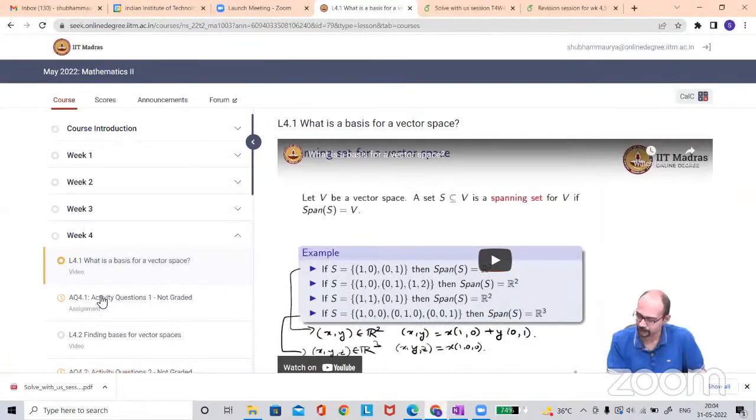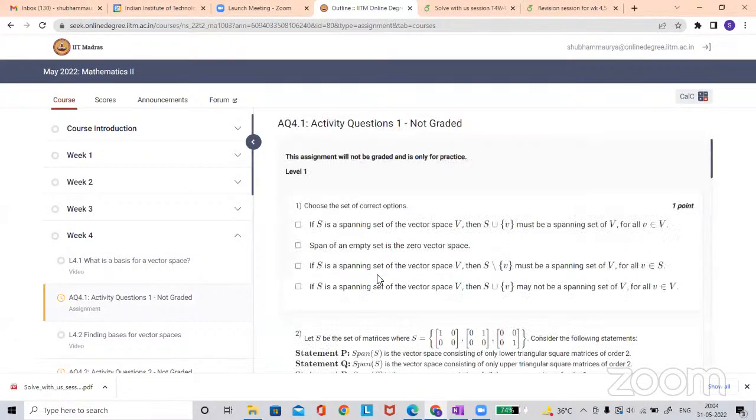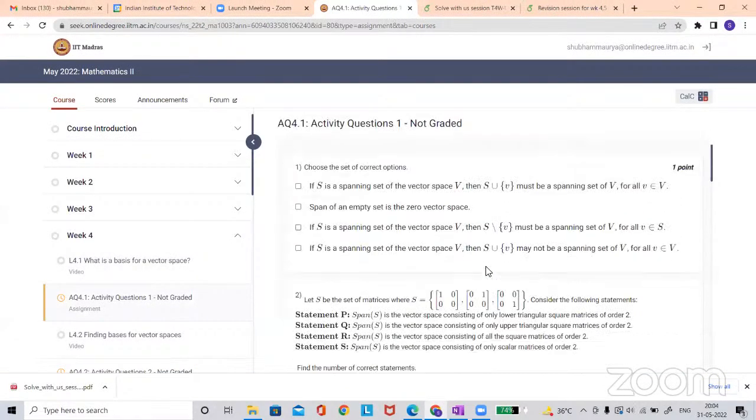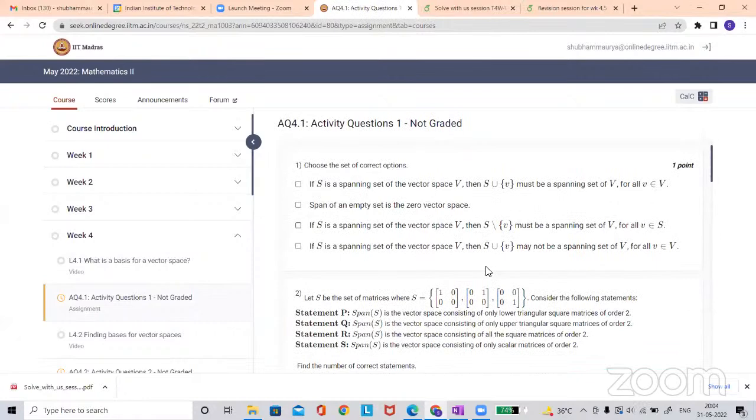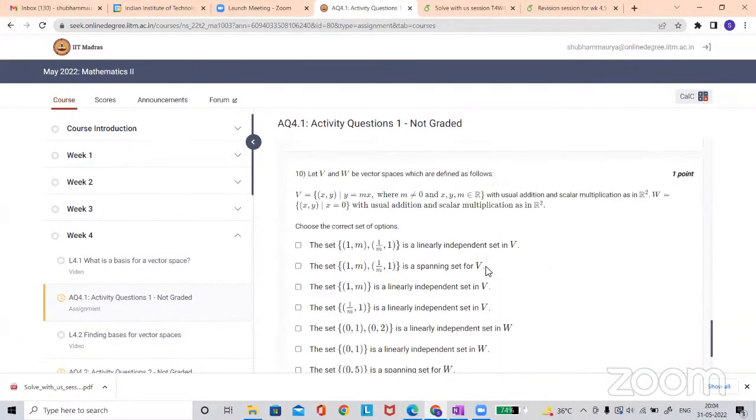In the meantime, can I discuss one activity question doubt? It is regarding some basic concepts, sir. Activity 4.1, question number 10. In the first option, sir,